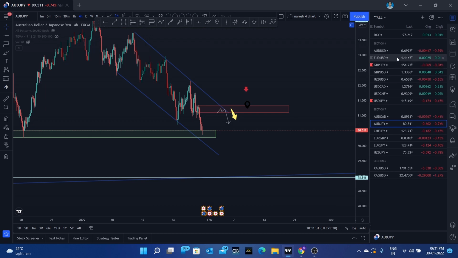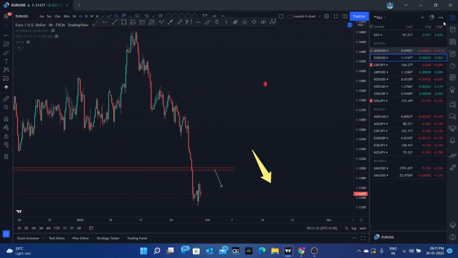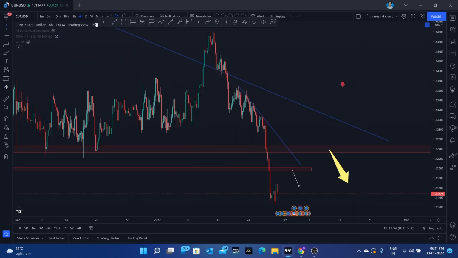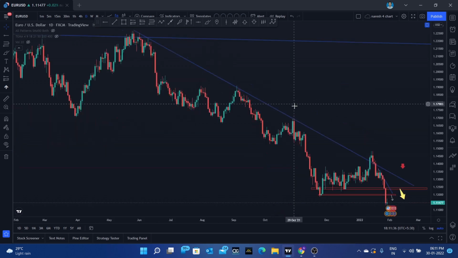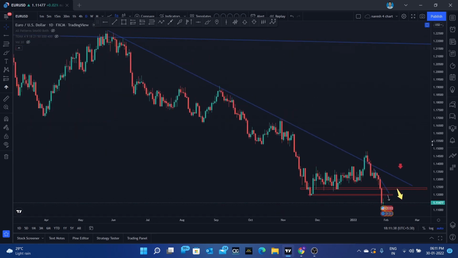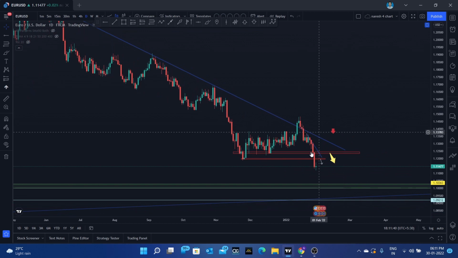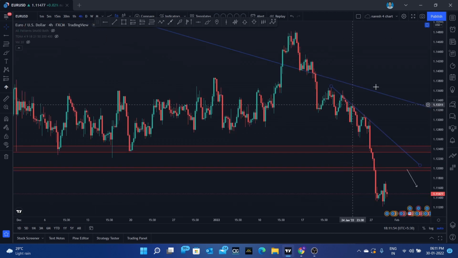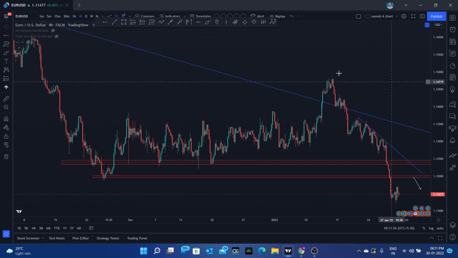And next would be euro. Let's go with the euro currency. And in the 1 day time frame, let's go, guys. And it is in a bearish trend. And two weeks before, we have seen that false breakout in the upside, and the price came back again to the consolidation phase, and it has broken down. So it is a clear sign it is going down for sure.